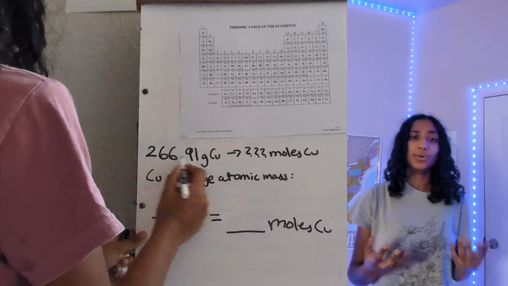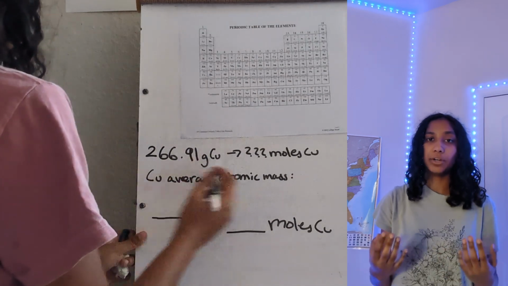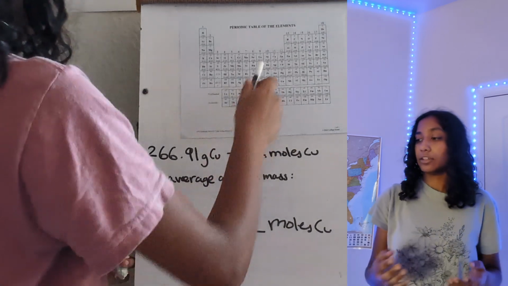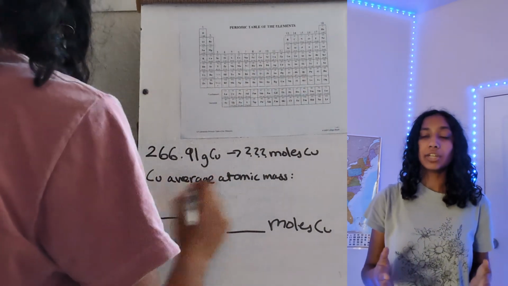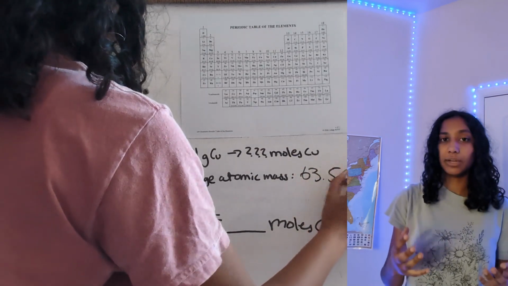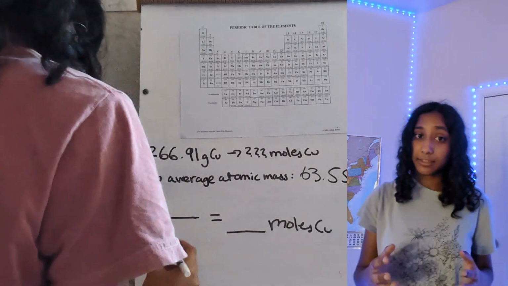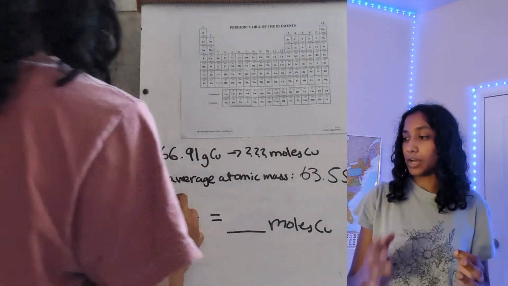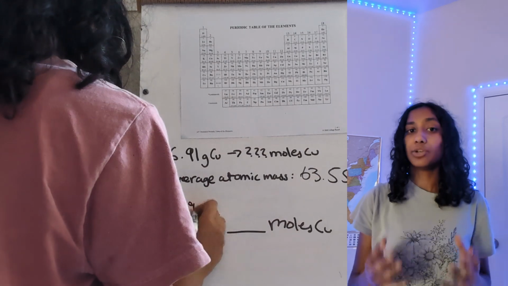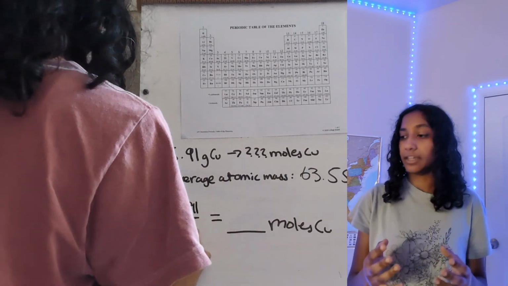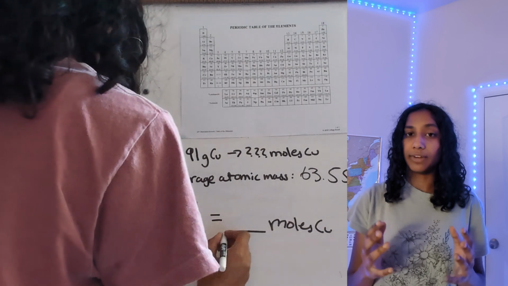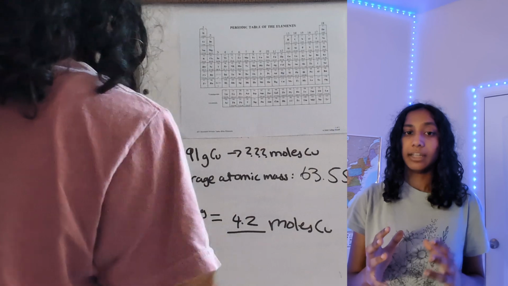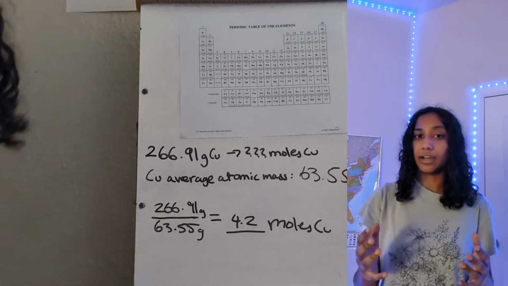So let's say that you had 266.91 grams of copper and you need to find out how many moles of copper that is. Looking at the periodic table, the average atomic mass of copper is about 63.55 grams. This means that there are 63.55 grams of copper for every mole of copper. So you could take 266.91 and divide it by 63.55 to find out that there are 4.2 moles of copper in 266.91 grams of